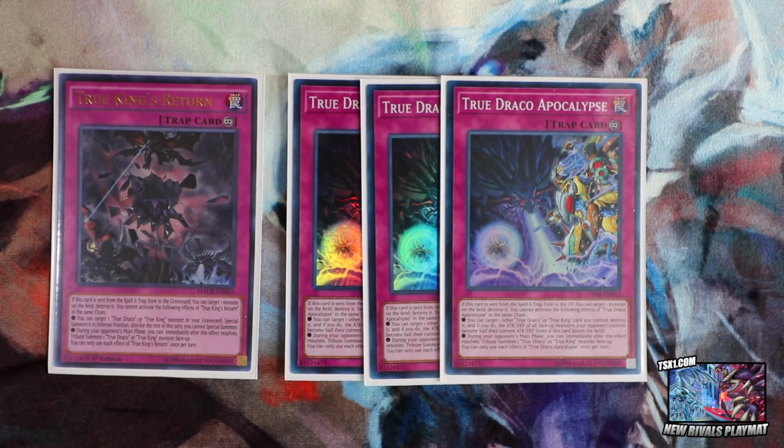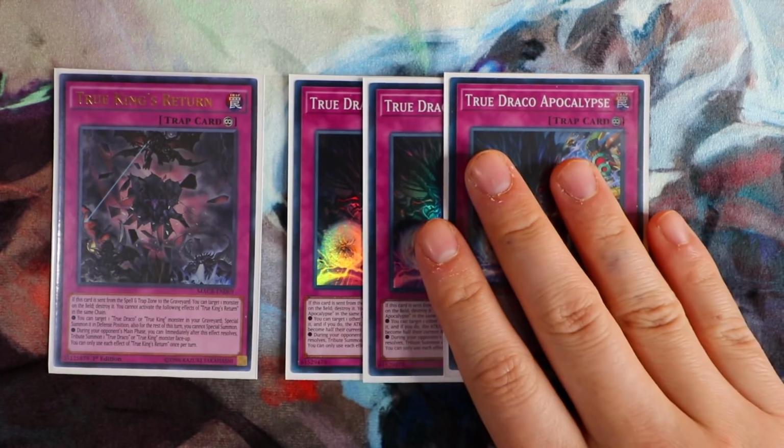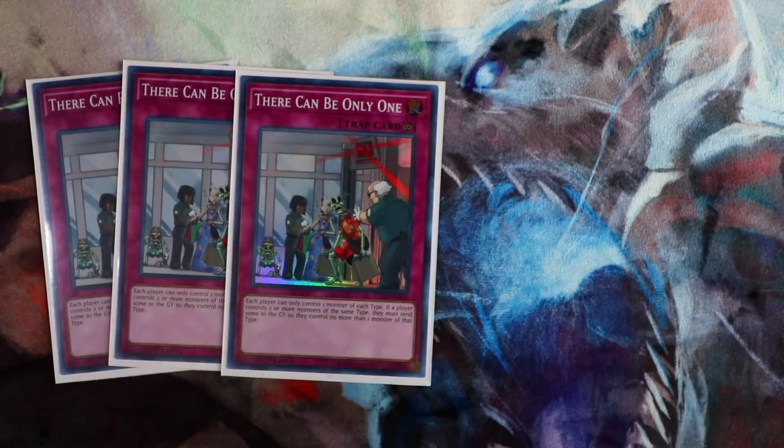And since they have no monster to check on the field on the resolution of Afterburner, Afterburner will fizzle, and it will not get to pop your back row as well. So True Draco Apocalypse is really broken. This is when the floodgates happen, so sure, there can only be one, like one of the best floodgates in